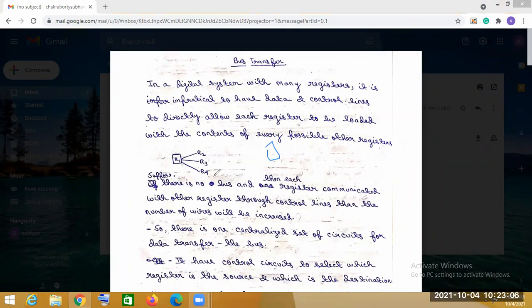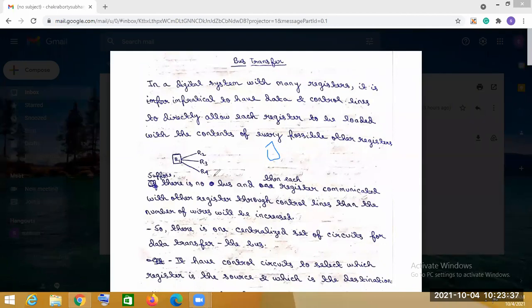Now suppose there is no bus present. Bus is present so that communication is possible; we have seen that the bus is basically the communication pathway between the devices. Now let's say the bus is not present in a system.